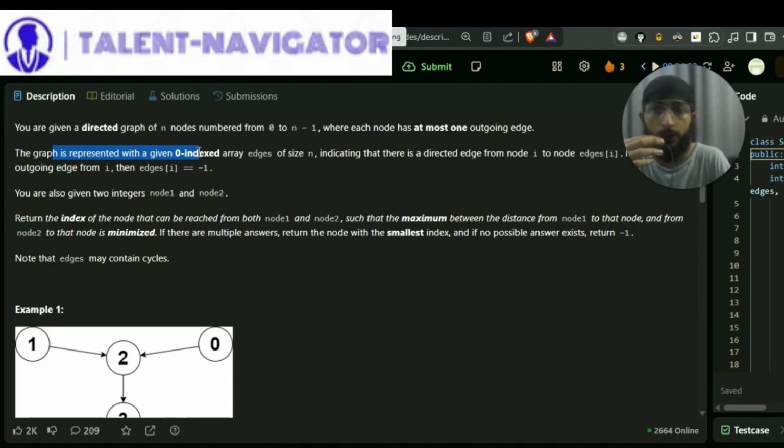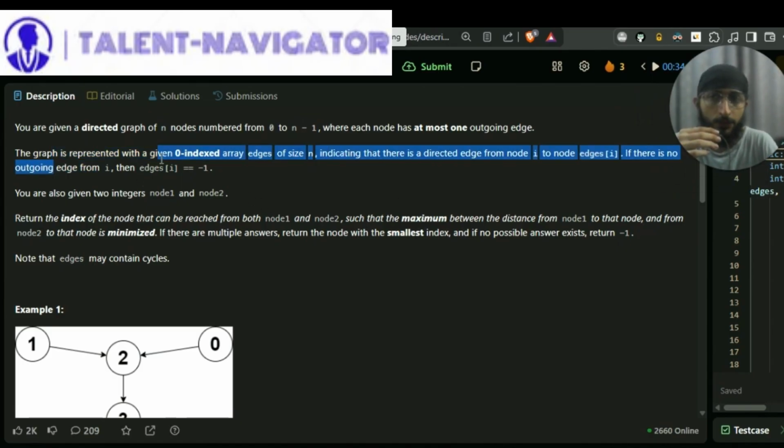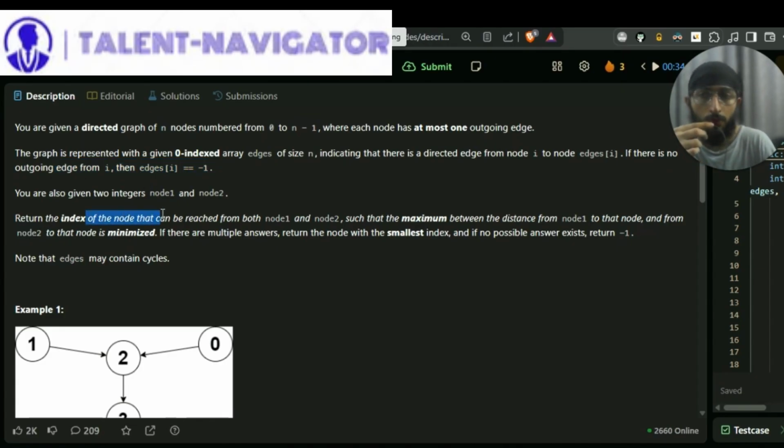The graph is represented with a given zero indexed array edges of size n, indicating that there is a directed edge from node i to node edges of i. If there is no outgoing edge from i, then edges of i is equal to minus 1. You're also given two integers, node1 and node2. Now our aim is to return the index of the node that can be reached from both node1 and node2, such that the maximum between the distance from node1 to that node and from node2 to